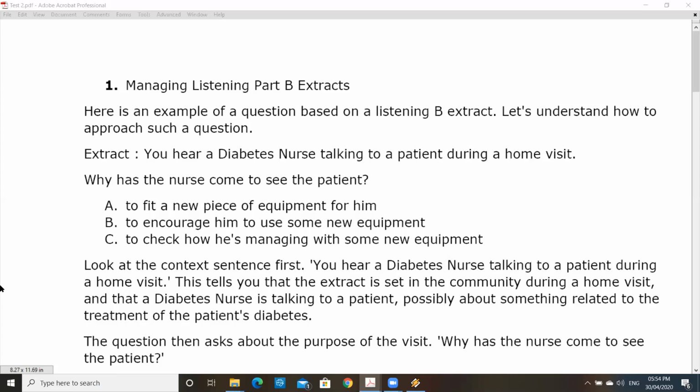How you are interpreting the question and how you are decoding the answer choices before the audio starts, that's the key. In listening part B, you have 6 extracts,